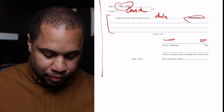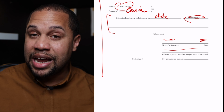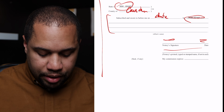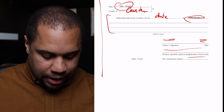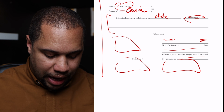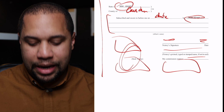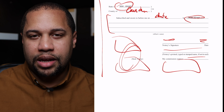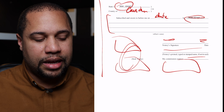This requires for you to print your name, or it says printed or type stamp name if it's not in your seal. I always just write it in just to be complete, although it is in my stamp. And then I always write in my commission expiry date, although it is in my stamp, just to be complete. And then you put your stamp here, you can put your stamp here, put your stamp here. I usually put it in this area, but obviously, again, follow your state guidelines and your state notary laws with specifically how and where you need to stamp and things of that nature. I'm just explaining to you what I normally do. And again, I've not had any issues